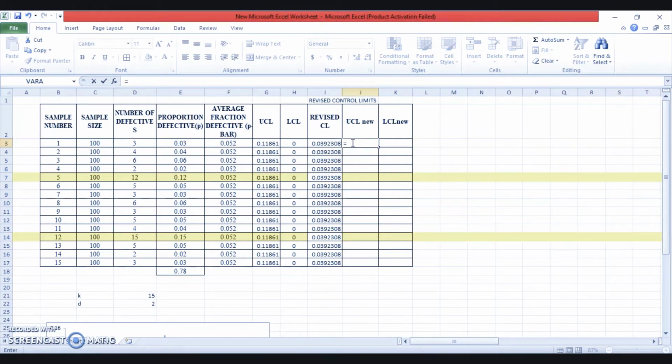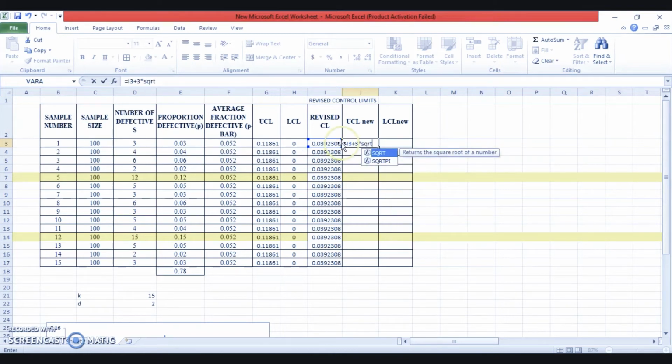You remember the value calculated for the upper control limit here, use the formula of p bar plus 3 into the square root of p bar into 1 minus p bar upon n. So here we are going to use the value of the revised central line instead of the p bar value. It will be the p bar new value. So first of all, you have to insert the revised central line value or revised p bar value, that is p bar new